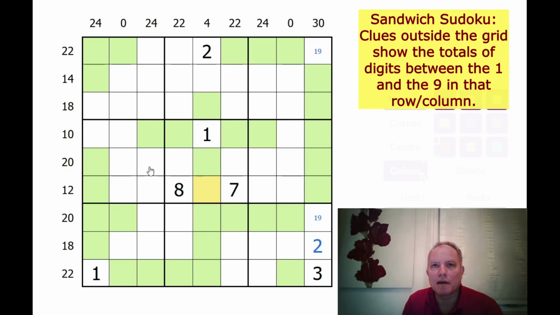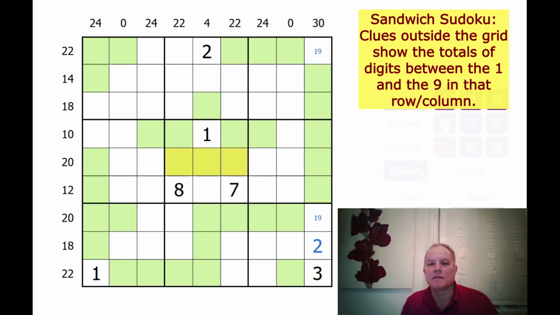Given that the numbers have to be below 9, that's the only 3-digit combination that adds to 20. So if this were a 3-cell 20, it would either be 8, 7, 5 there, there or there. And because of the 8 and the 7 already in the central 3x3 box, we can't achieve any threesome which has 2 digits in the central box that are 8, 7 and 5. So that's actually impossible. This 20, we now know, must be at least 4 cells long, and therefore all these